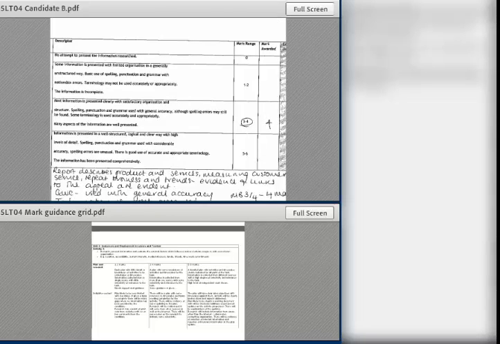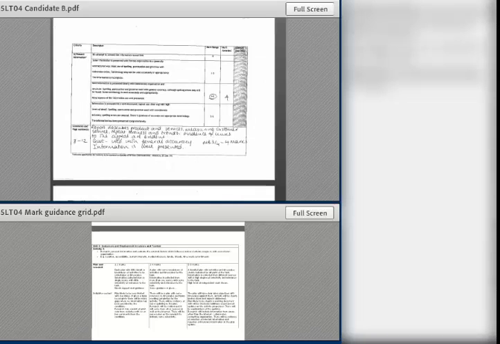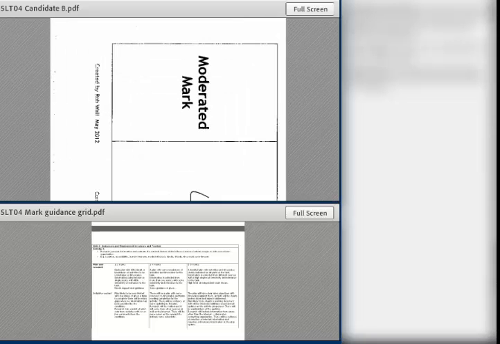What I would say is it is quite a good piece of work for you to look at in your leisure time, because it was awarded 41 marks in total, and it's a good B, so it's probably worthwhile having a look at and seeing what you think of it and what you make of it